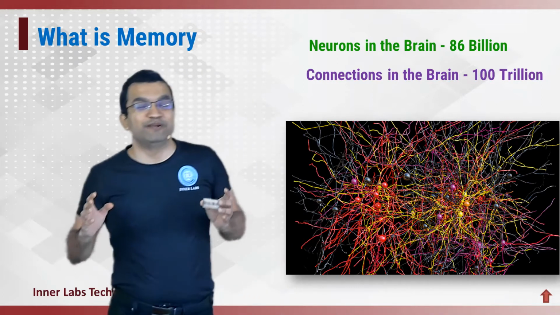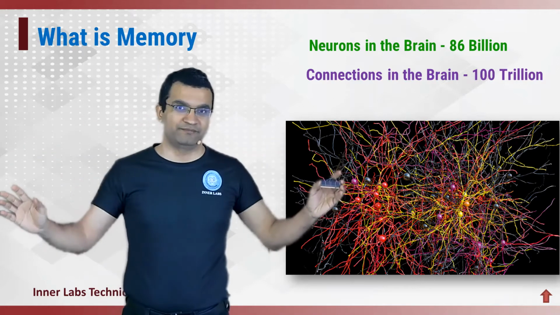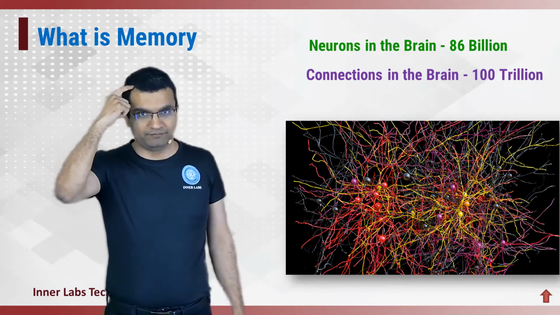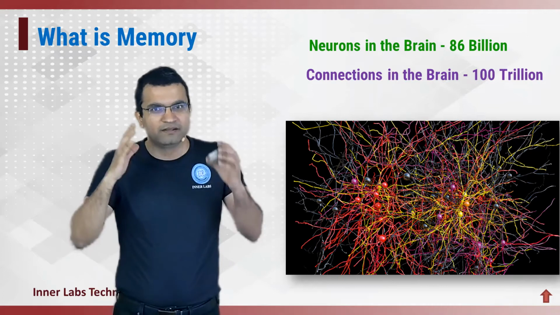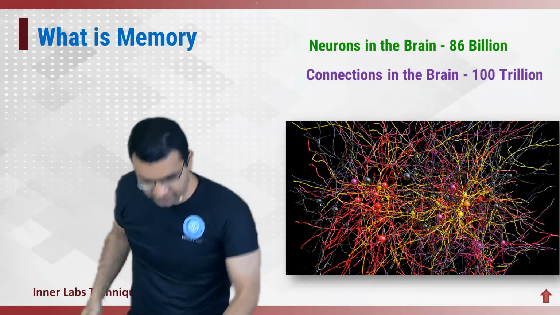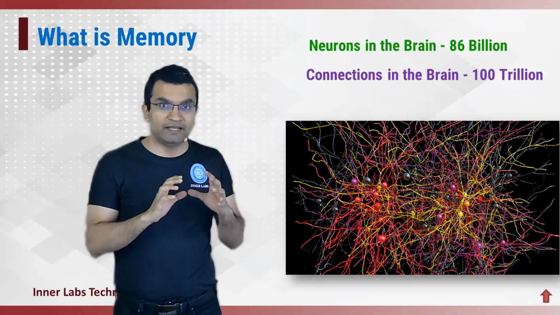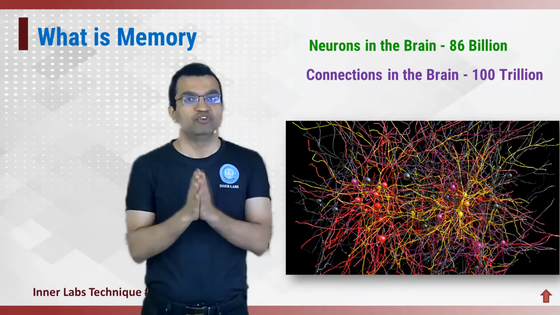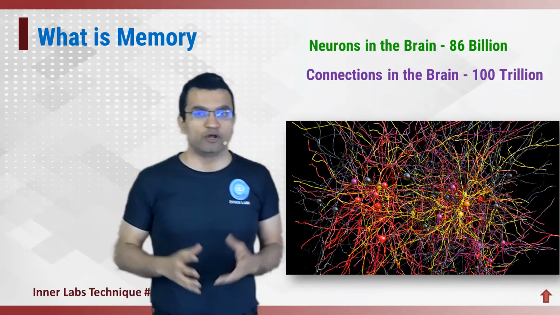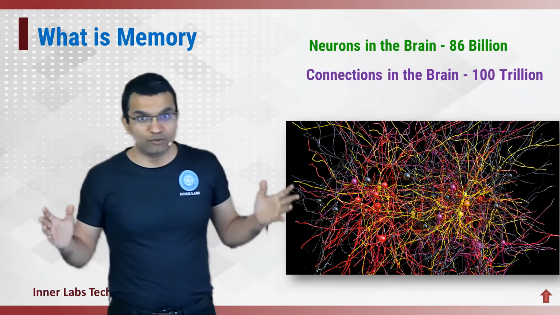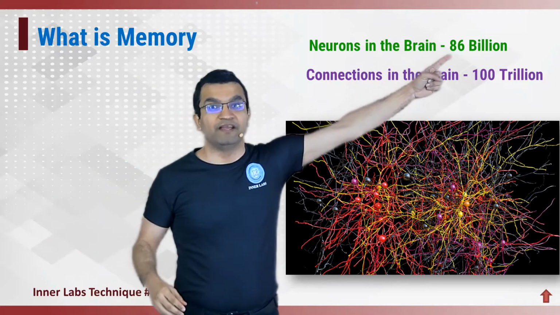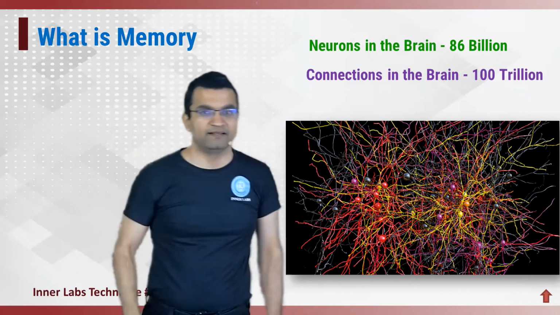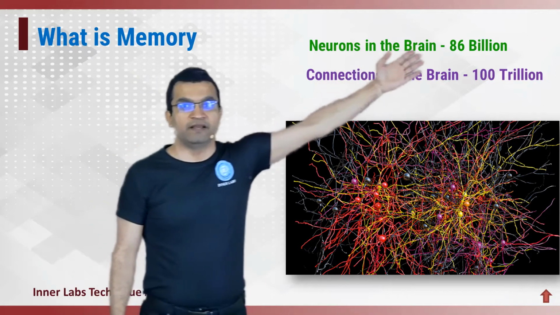Now, the difference between human memory and computer memory is vast. Human memory is all stored in our brain, right? There is some memory outside, but typically the memory is stored in our brain. And our brain is composed of many neurons. A brain cell is called a neuron. Do you know how many neurons we have? We have 86 billion neurons in an adult brain. In a child's brain, it's a little different, but in an adult brain, there are 86 billion neurons.